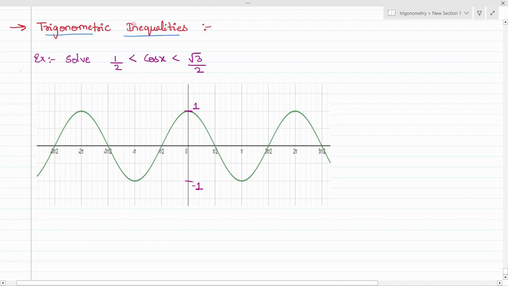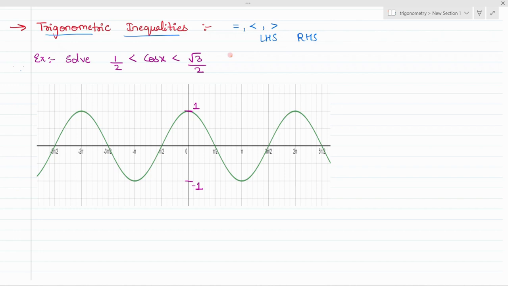Trigonometric inequalities. What do you mean by the word inequality? It is the expression or operator which is used to determine the condition between two expressions, whether trigonometric, quadratic, anything. But now here we are talking about trigonometric inequalities. This inequality may be equal to, less than, or greater than. These are the expressions which are used between the LHS and the RHS part of